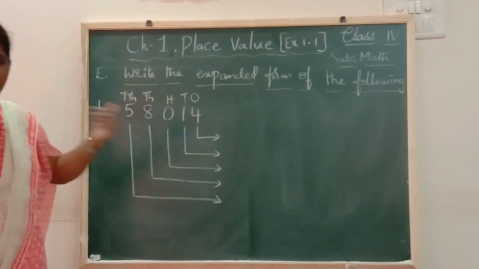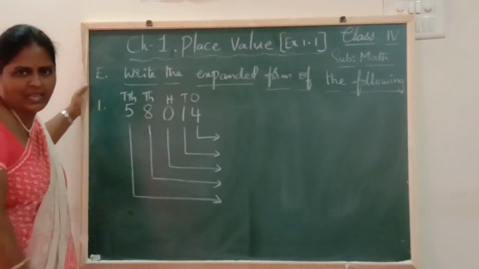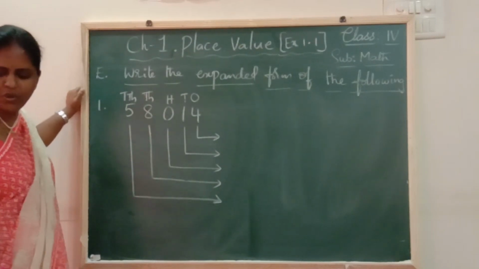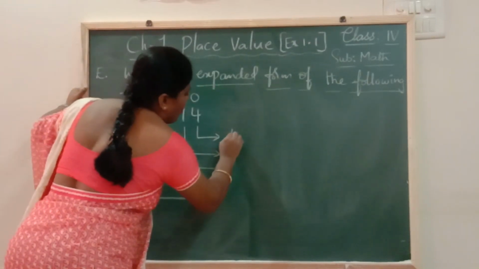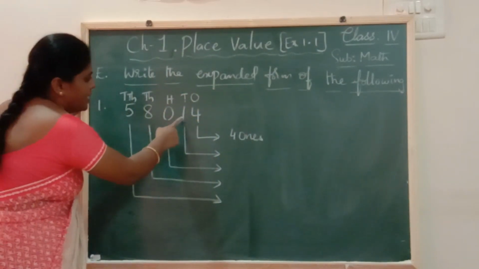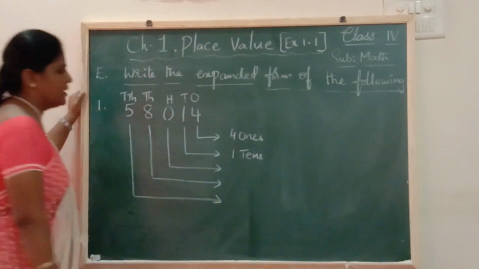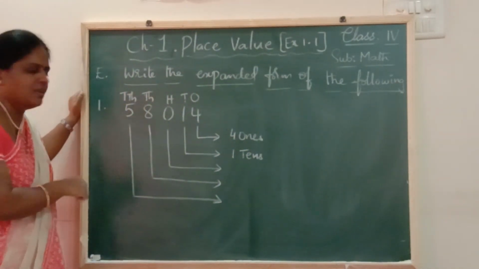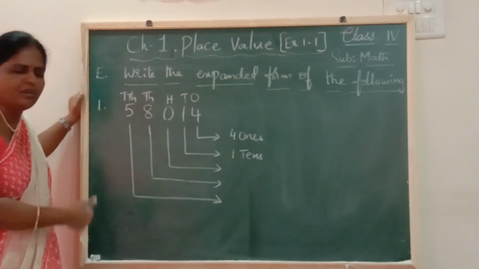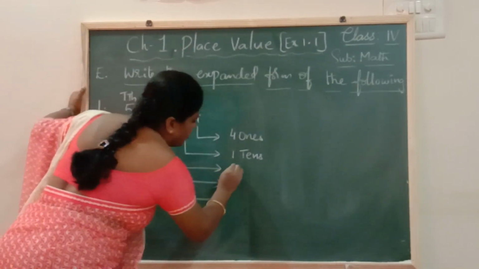That is, take each digit, see which place it is in, write it down first and then write the place value. Okay, so two ways of writing the expanded form we are going to see here, children. So first, using the place name. What are the places? So first digit 4 is in ones place. So it is going to be written like 4 ones. Next, 1 is in tens place. 1 tens. Next, 0 in hundreds place. 0 hundreds, I'll write, children. You can even skip it in the answer. But first let us write everything completely. Okay. So 0 hundreds.